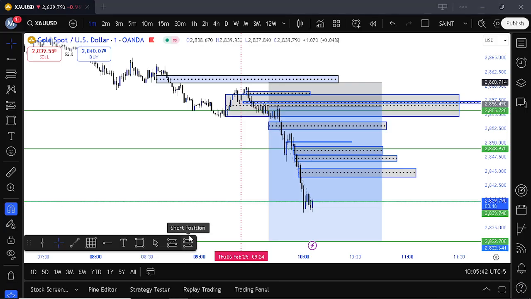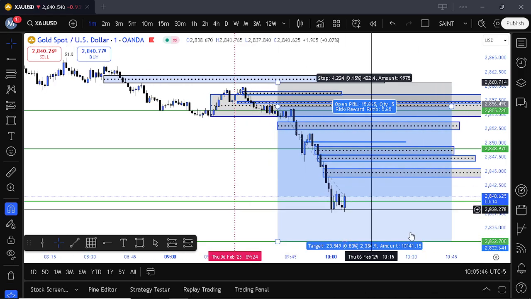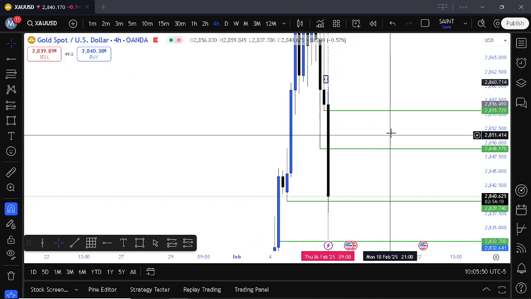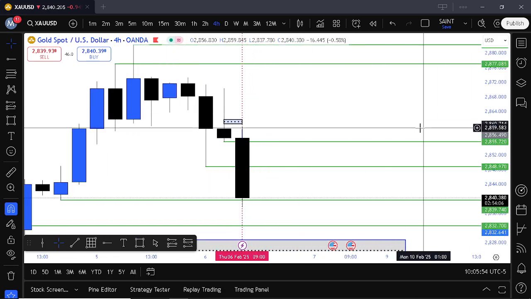What's up, guys? It's my trade recap for February 6th, 2025. So coming into today on market open, I saw that we're in a downtrend on the 4 hour,